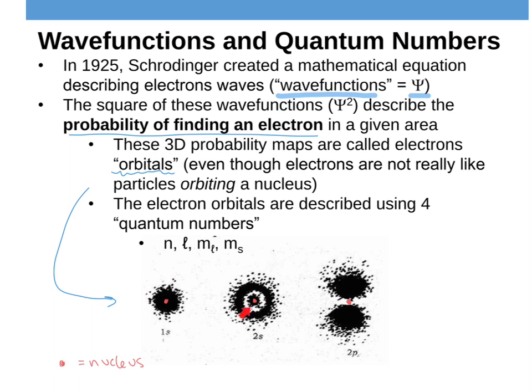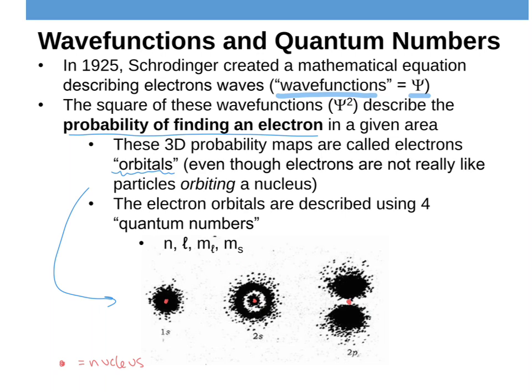And then if you have a different energy level, it's going to be mostly in this kind of ring, or maybe really close to the nucleus, but there's a weird little empty spot. It's called a node where we're not likely going to find that electron. We're not likely going to find an electron way out here or way out here if it has a certain energy level. Then you can go on and have a different energy level where you're going to find it all above or below in sort of this dumbbell shape. But again, these are called orbitals, but it's not like there's an electron orbiting around this. These are just the probabilities of where you're likely to find it. That's what these wave functions being squared are trying to describe. And these wave functions can be described using 4 quantum numbers: n, l, m sub l, and m sub s.